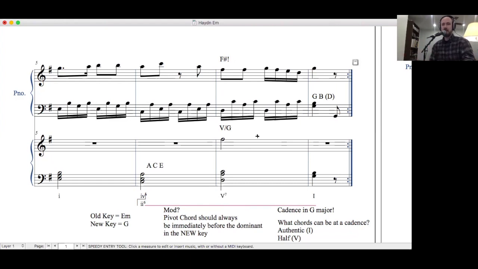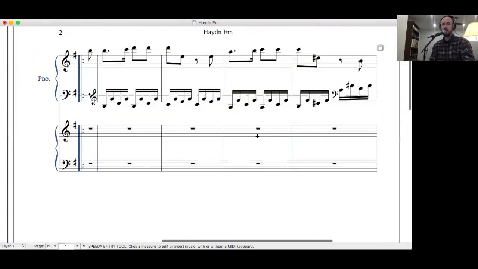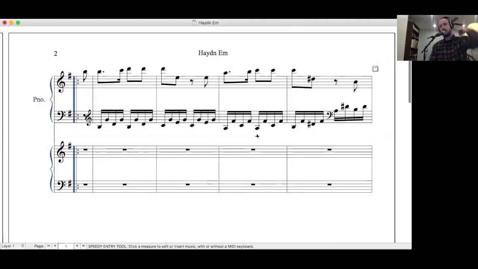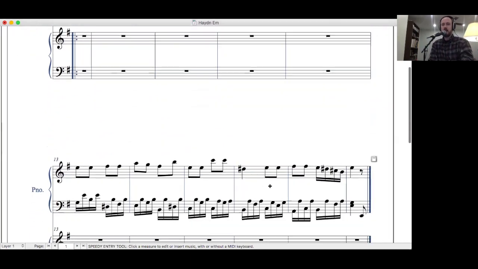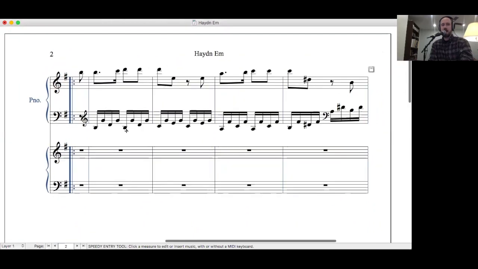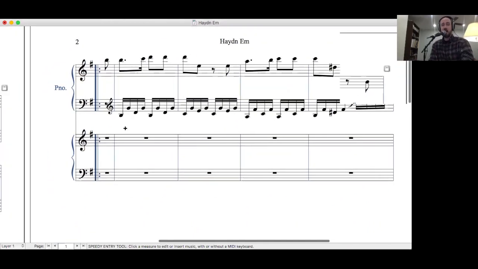Okay, let's go to the next phrase. We're going to try to go a little faster here. We're just going to get through this next modulation. Okay, so first and foremost, a couple people got a little confused and immediately said, okay, well, we did that. We got to G major. It ends in E minor, so we're back in E minor. No, because again, look,